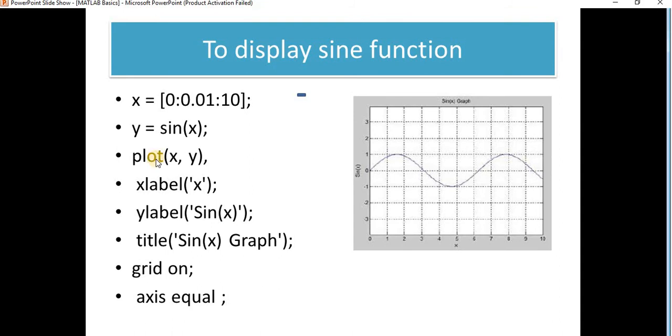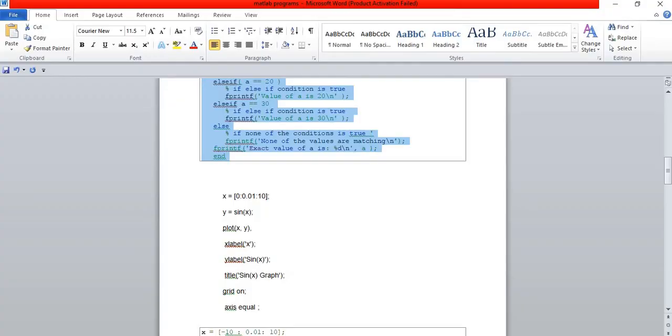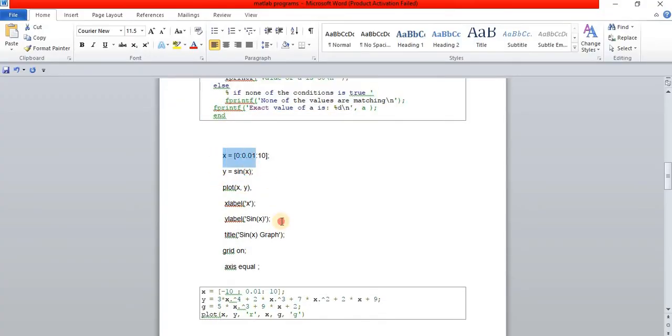I am plotting x and y. xlabel means the x-axis name is x, and the y-axis name is sin x. The title will be sin x graph. Grid on means it will display the grid lines on the graph. I am giving another command, that is axis equal. So I will execute the following program.